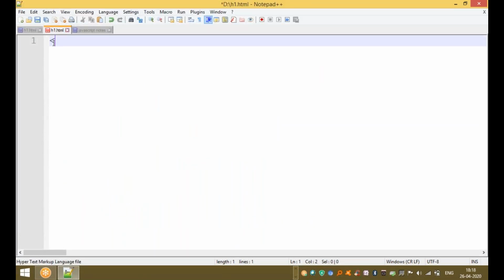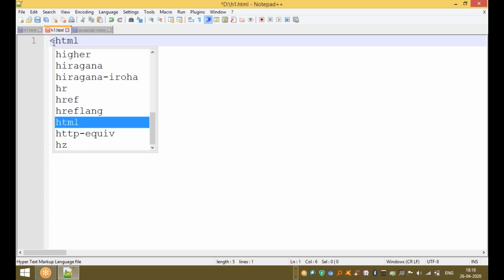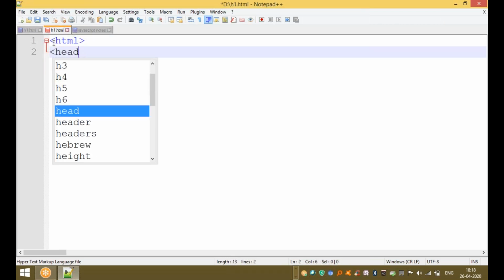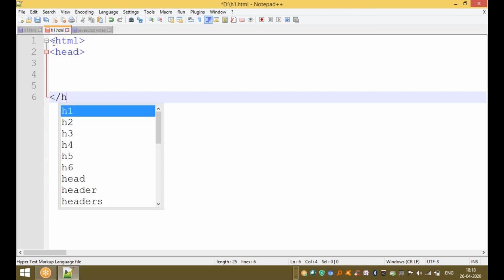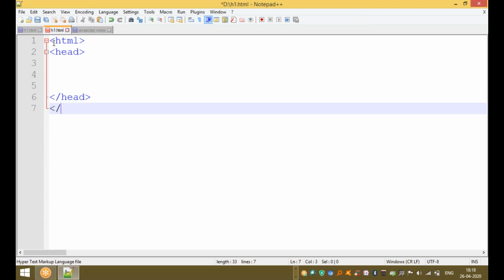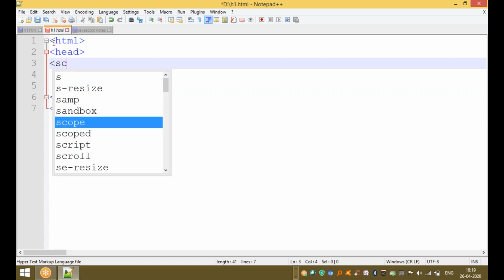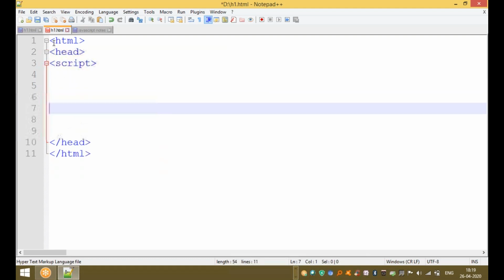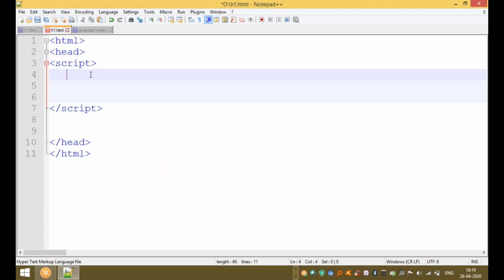Now we are writing an HTML program. The HTML start tag, the head section and header, and the HTML end tag. The statements are always written in the script, between the script start tag and the script end tag. Okay, clear. Now we are writing a program, and the program is a variable declaration, declaring some variables.